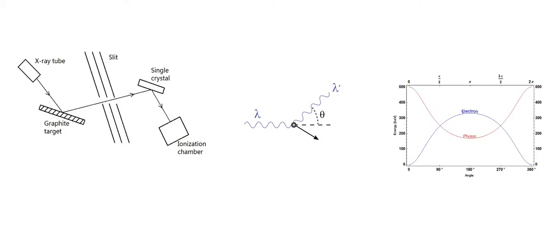This is just a diagram of the experiment, a very basic diagram. We have an X-ray tube, so basically we're producing these high energy photons over here. The high energy photons are interacting with the graphite target over here, so some sort of matter. Okay, so let's put some terms over here. We have a high energy photon coming out here, interacting with this, which is matter, and the result was